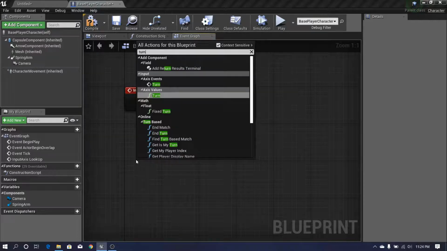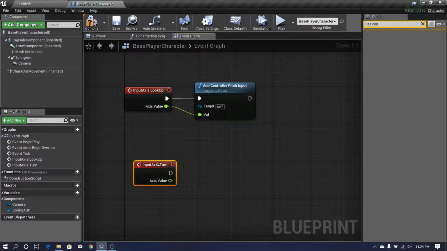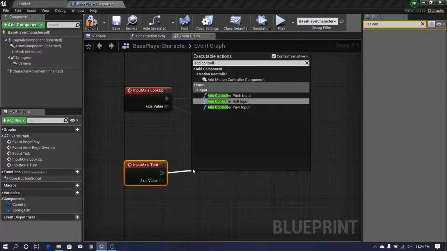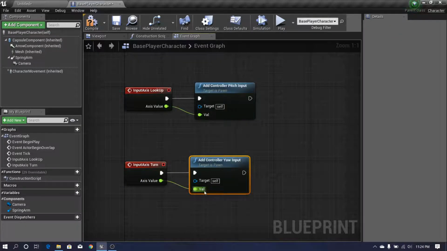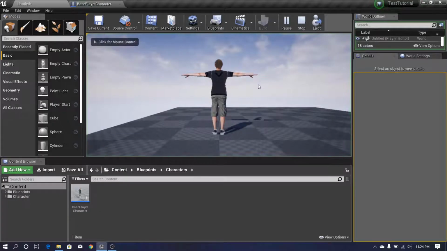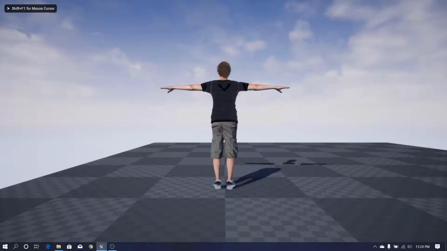And get add controller yaw input. Let's see how it works. Alright,